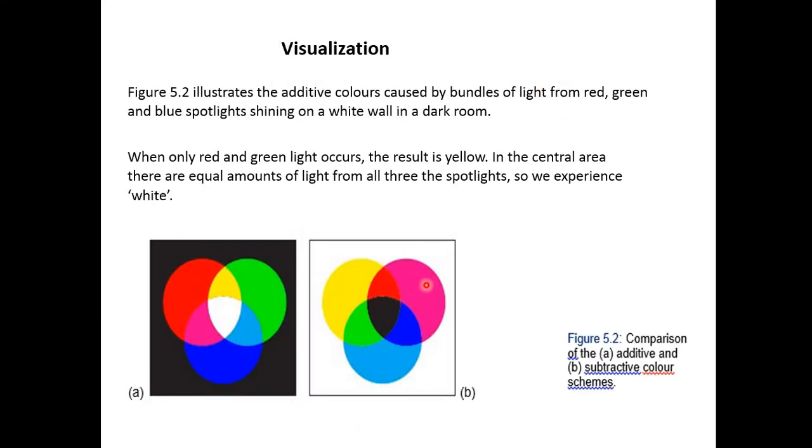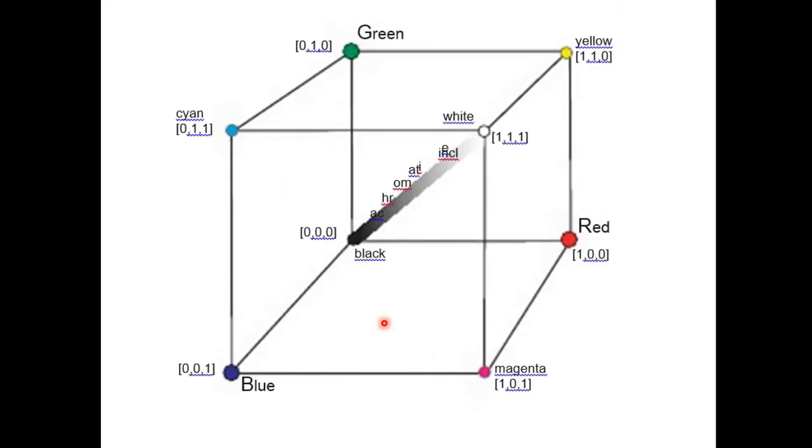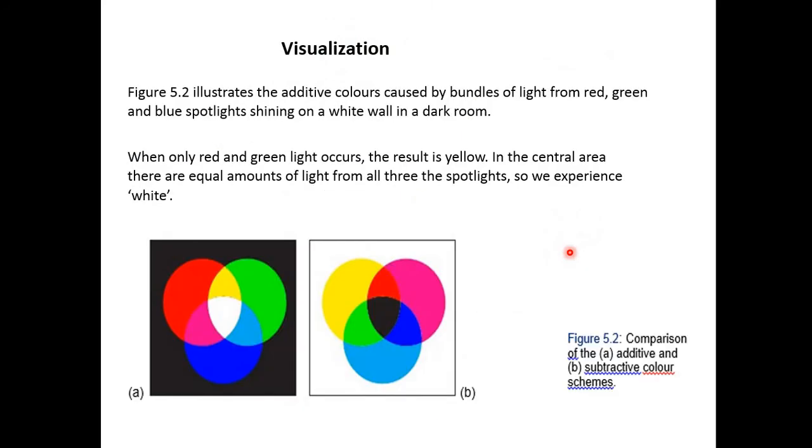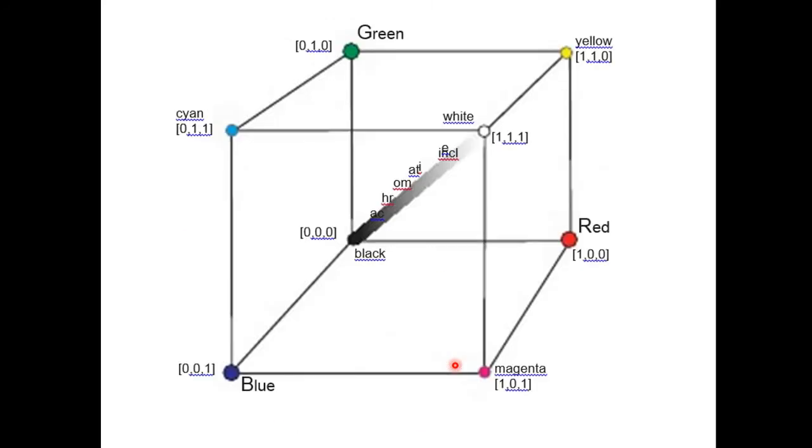When there is an equal percentage of magenta and cyan, we get blue. You can see here we have magenta and we have cyan. So when we have equal percentage, we will get blue. When we have magenta and yellow with equal percentage, we will get the primary color red. So this was model A and B.